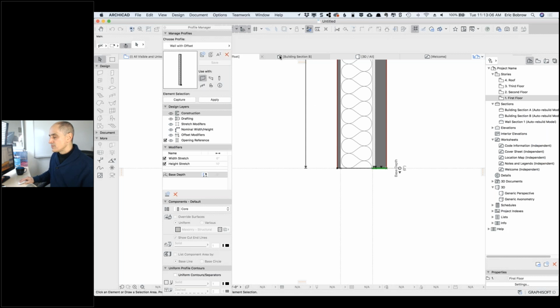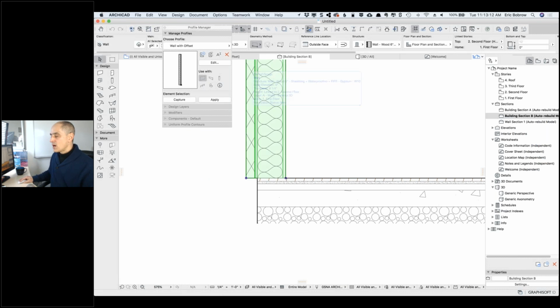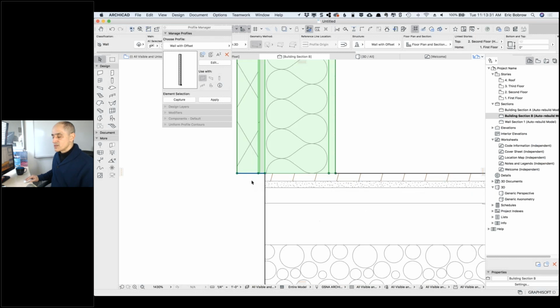Let's go to the section and select this wall and apply this texture. I think we can click apply here, or we can manually change one or all of those exterior walls to a profile and choose that new one that I just created. Now it looks exactly the same, except you may have noticed just a slight little highlight there. Zoom in on it, press down, and you'll see that there's a new option in the pet palette for offsetting this. Click on it, and now notice at base depth, I could type in that I want it to be 6 inches, or I can just literally